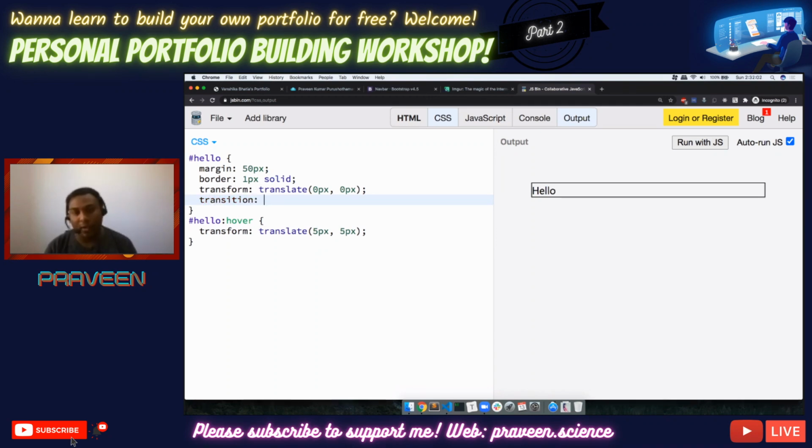In that, what property I want to transition, it's going to be translate. And how long? 0.5 seconds. And what is the animation function that I need to use? Linear. But it doesn't happen.